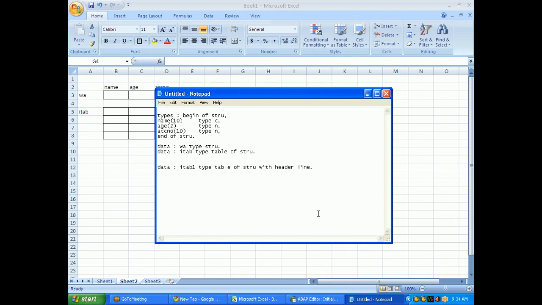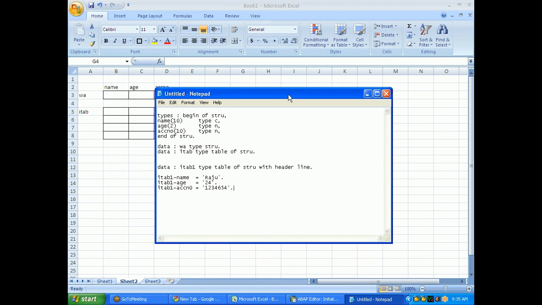how to do it? You need to say ITAB1-name = 'Raju'. ITAB1-age = 24. ITAB1-account number = some number, 1234654.